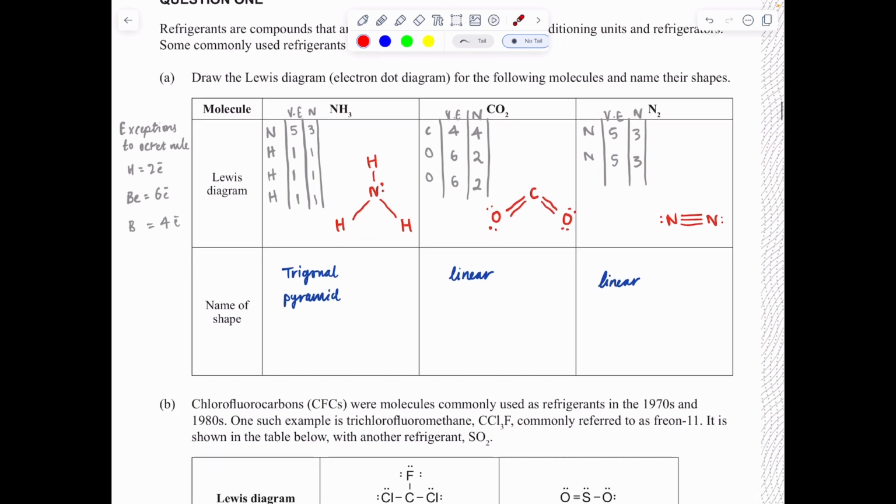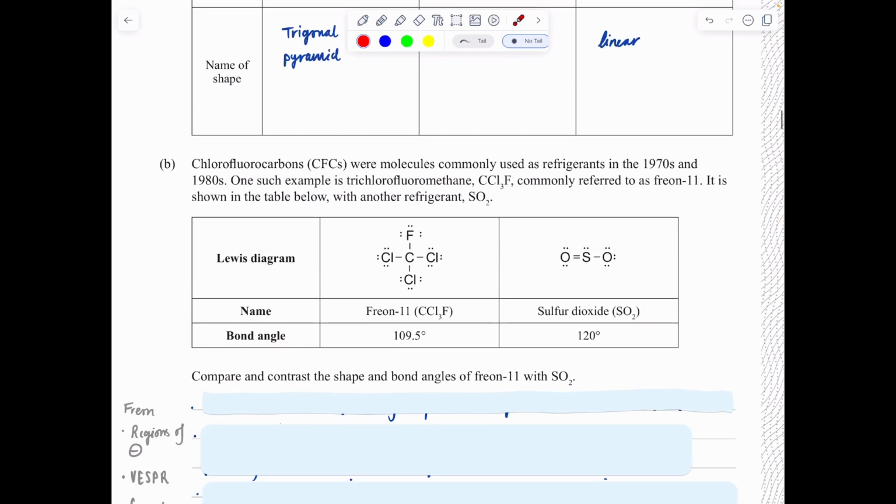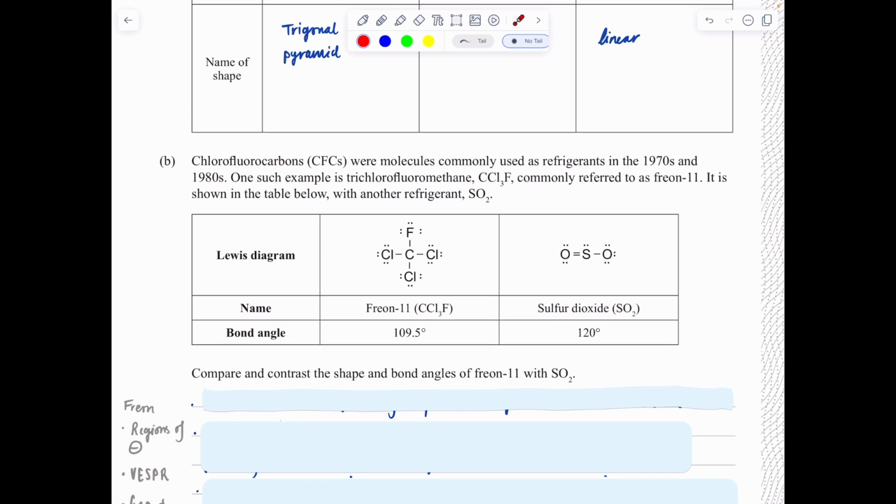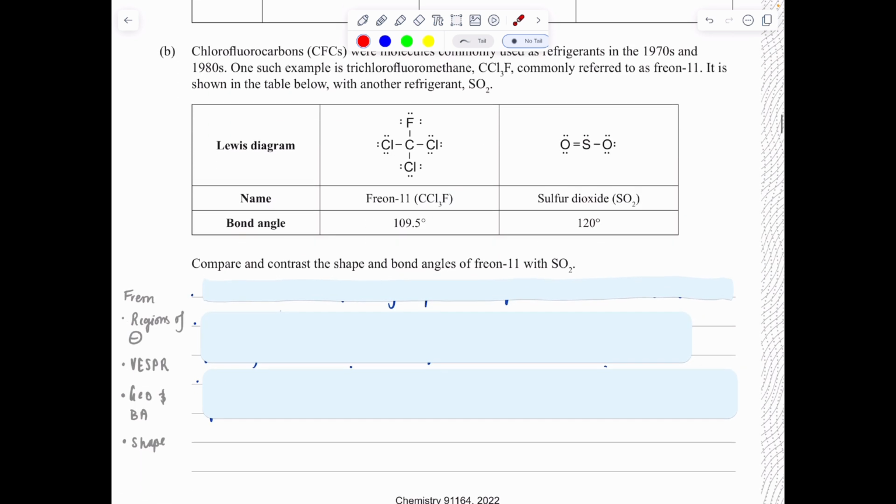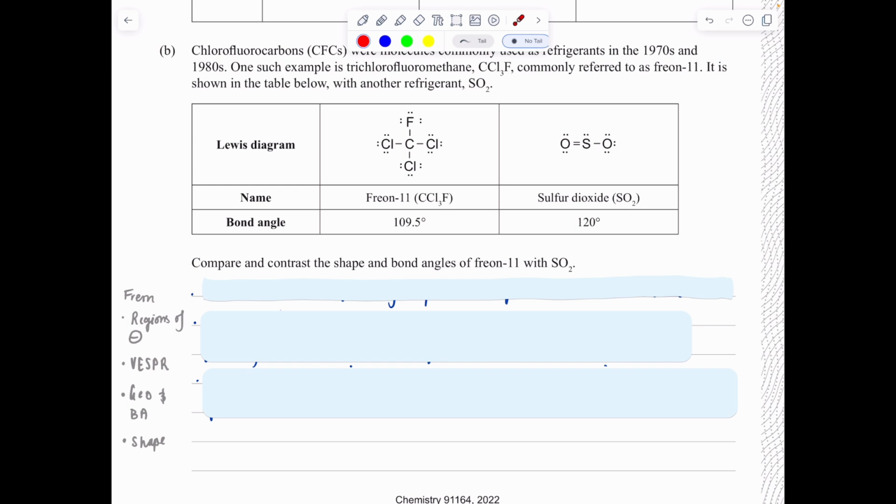So, moving on to part B, we have chlorofluorocarbons. Okay, these molecules are used as refrigerants in the 1970s and 1980s. One example of trichlorofluoromethane, commonly referred to as Freon 11, is shown in the table below with another refrigerant. Okay, so what we have to do is we have to compare and contrast the shape and bond angles of Freon 11 with